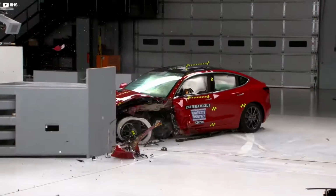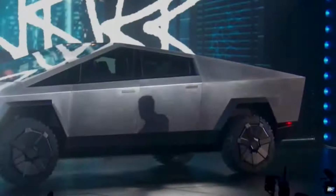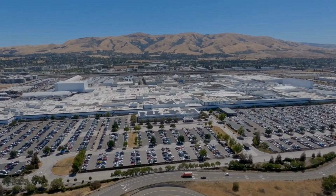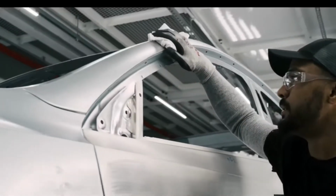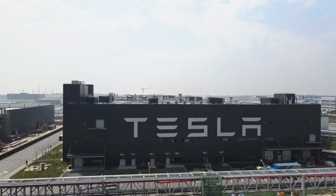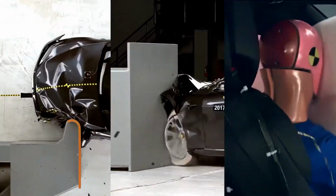Tesla has progressed from specialist sports cars to widespread sedans. Even with SUVs and much more inexpensive alternatives, it's clear to see how the firm is currently producing roughly 500,000 vehicles each year. However, increasing production does not simply mean manufacturing a vast amount of automobiles. It all has to be scaled up, from logistics and distribution to testing,